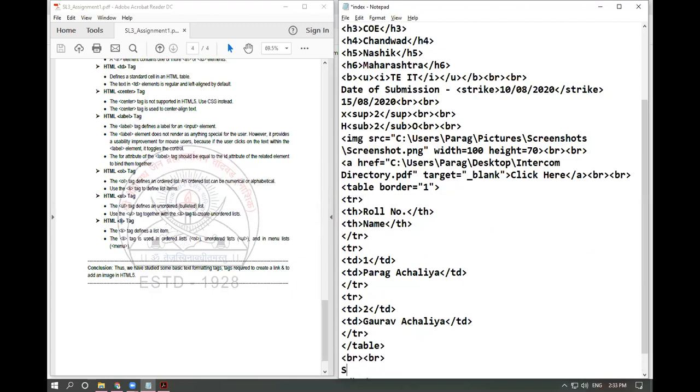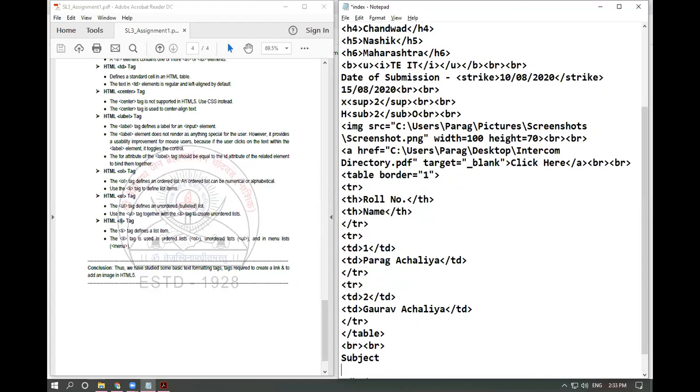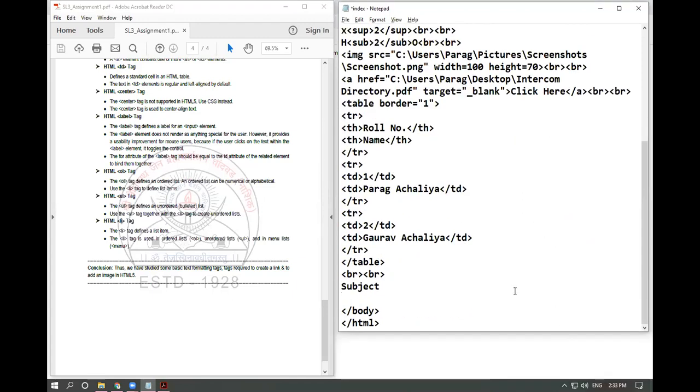Now I am going to create the list for the subject. For the subject I am going to create, suppose, an ordered list OL, and the ordered list will end like this. In OL, you are going to use LI. LI will be like this.